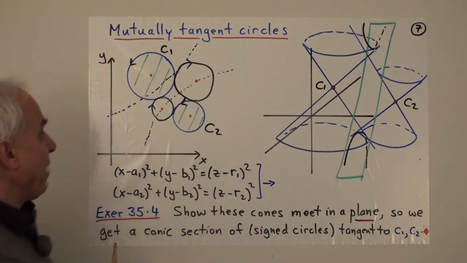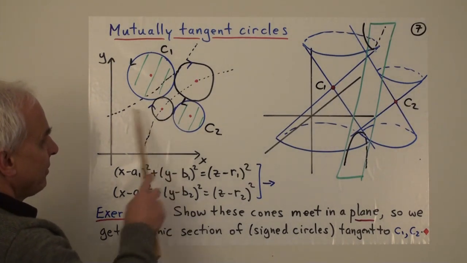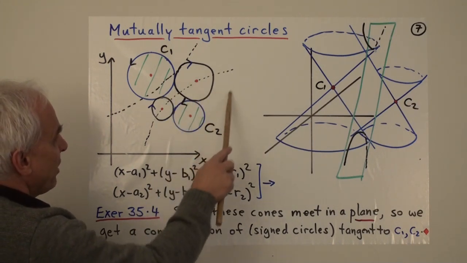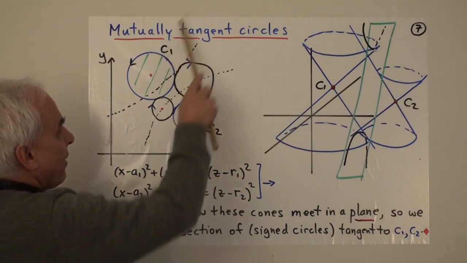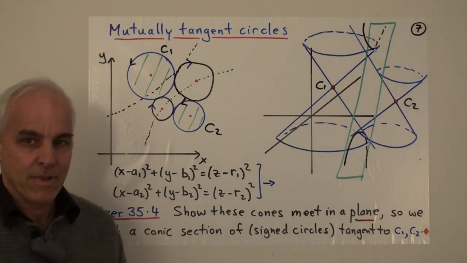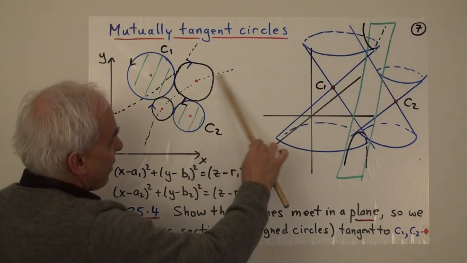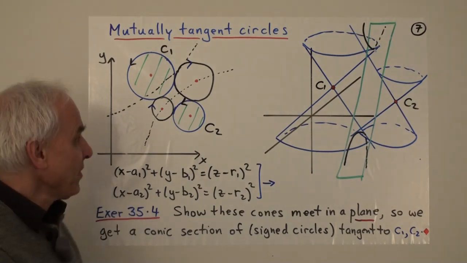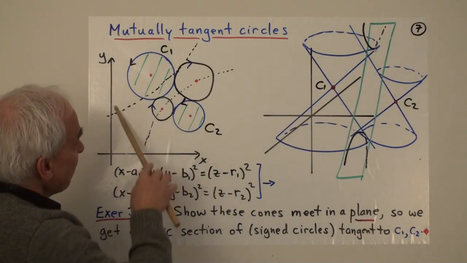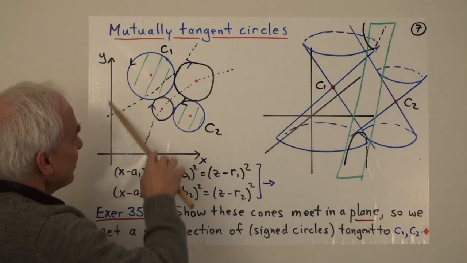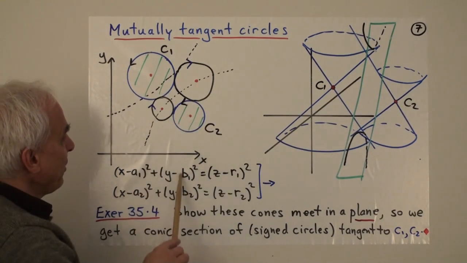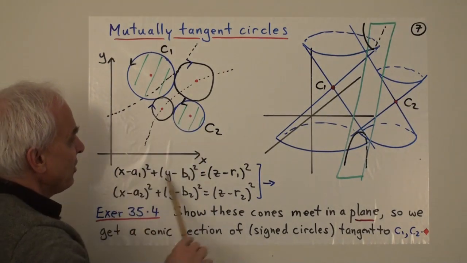But this is not the only one. There's a whole bunch of these. So here's another one. And inside here there would be a smaller one, actually going this direction. You can imagine a whole bunch of circles getting bigger as we go in that direction, or bigger over here. A little bit of thought shows that that's only one of two families of such circles. There's also another family of circles which are tangent to C1 and C2 around the outside. So a circle that goes like this, for example, and it has its center somewhere here. If we move the center over here, well then we could get a bigger circle that's tangent to both of them.